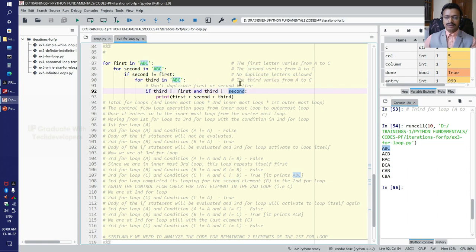What is the element selected in the second for loop? It is nothing but b, right? So look here, a is not equal to a and a is not equal to b. This condition becomes false and this condition becomes true, but due to the compound Boolean expression, the total expression becomes false. The whole condition becomes false, and the body of the if statement will not be evaluated. Since we are in the innermost third loop, yes, we are in the innermost third loop,